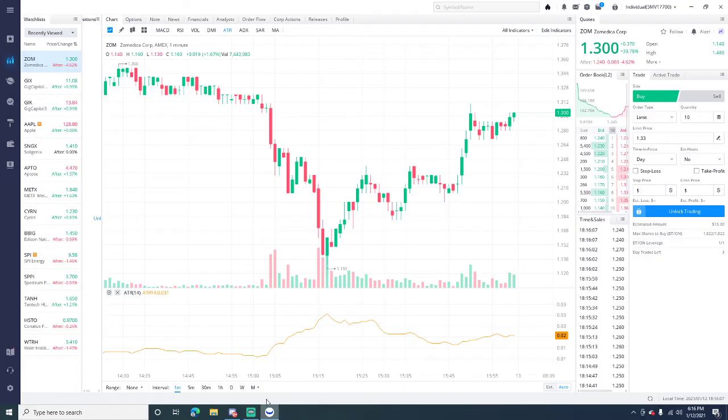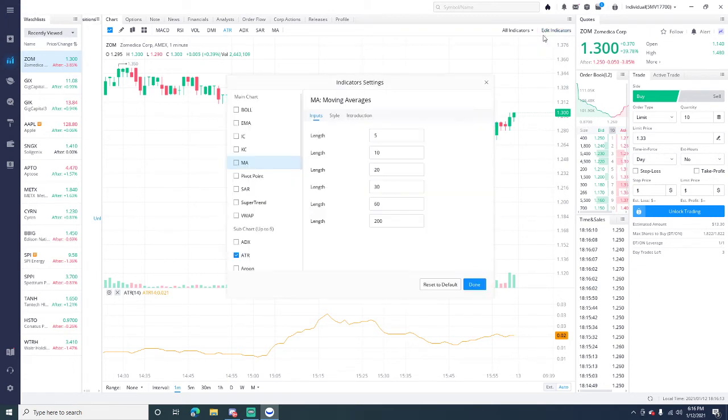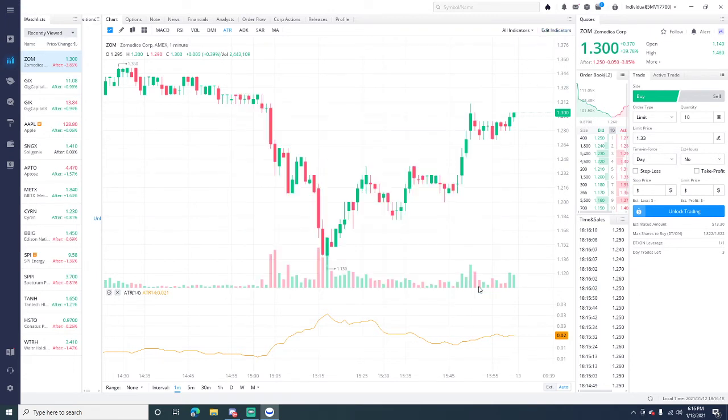So we're going to go ahead and go to Webull. As you can see, I have my ATR. It's a subchart. It's going to be listed right here. You just go to Edit Indicators, look under Subcharts. It's going to be right there under ATR. And press Done. So as you can see on the chart here, you have some consolidation going on